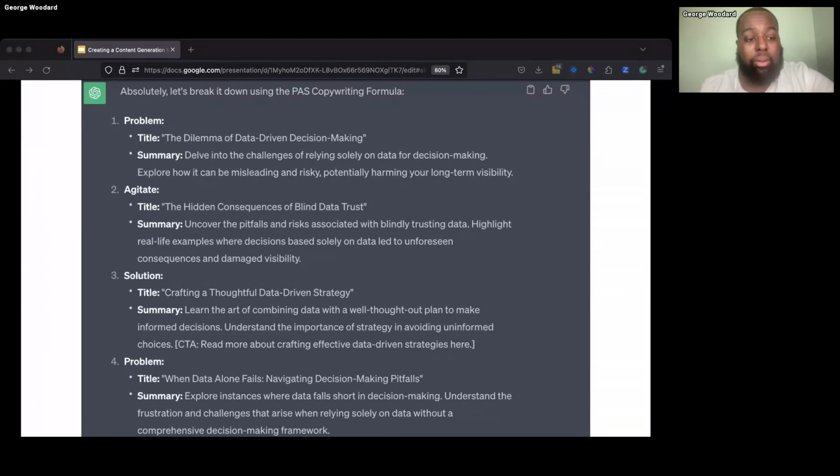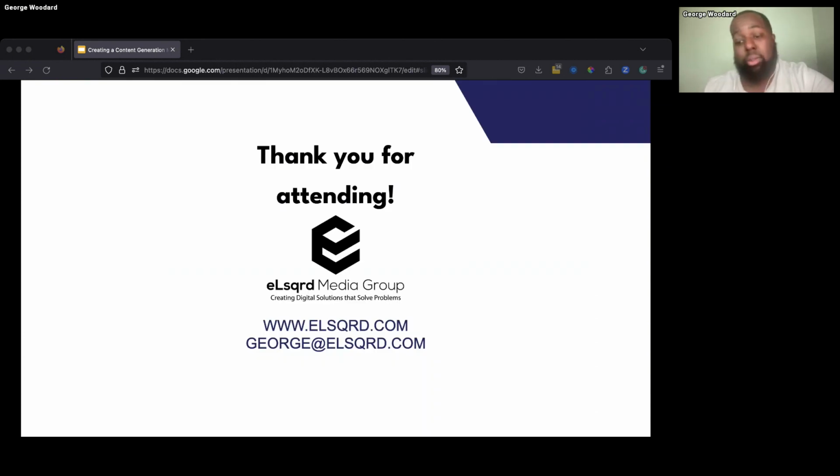But foremost, leveraging AI, using books, doing your research, social media, all those different mediums are more than useful to help you with generating content that you need and that you're looking to use for your marketing.